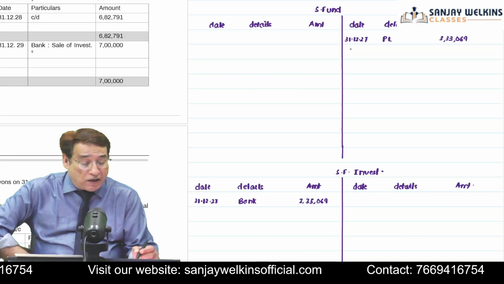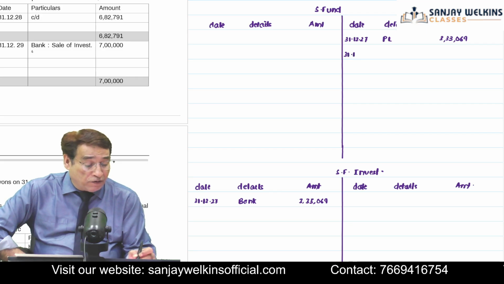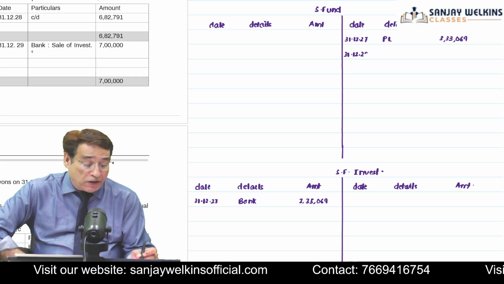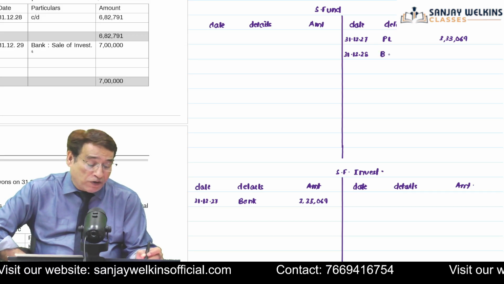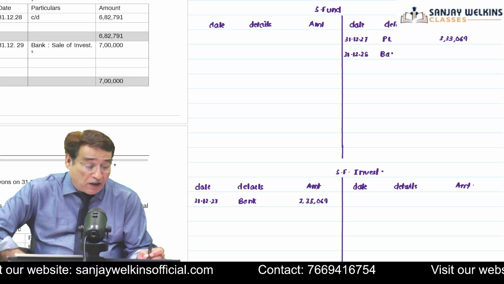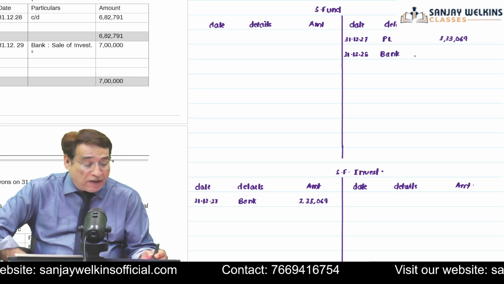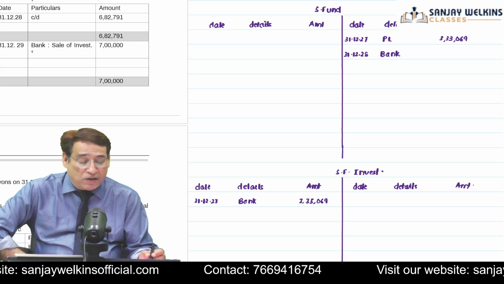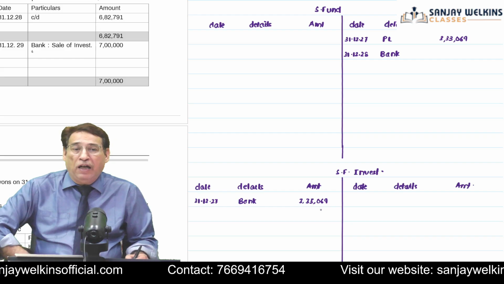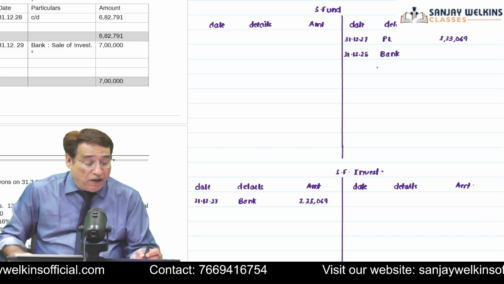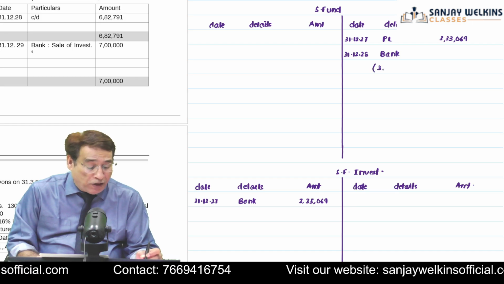Now immediately come to the end of the second year, 31st of 12/2028. Because now we are into the second year, the first thing which we are supposed to do is to receive the amount of interest. Now we are supposed to compute the amount of interest. How much interest am I going to compute? The point is this. Because my investment at the end of the first year is 3,33,069, I am going to compute the amount of interest,